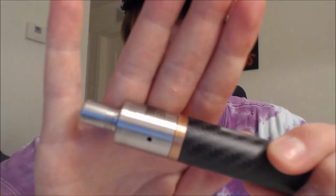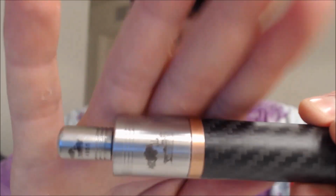So you see, this is definitely a pretty cloudy build, and you might be surprised because it's just a single coil, and I'm using stock airflow on the Tugboat. What this is